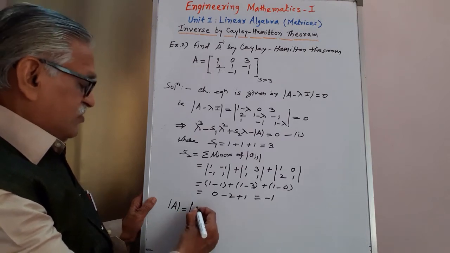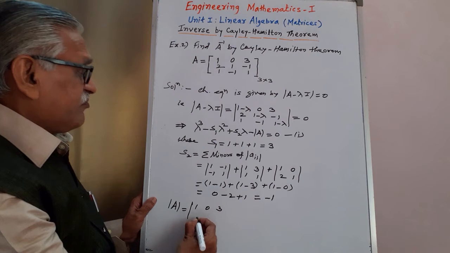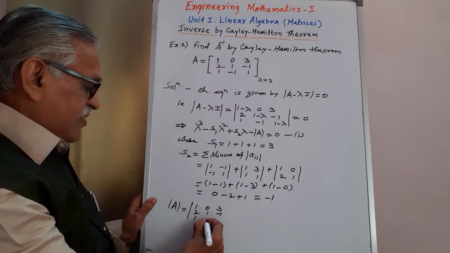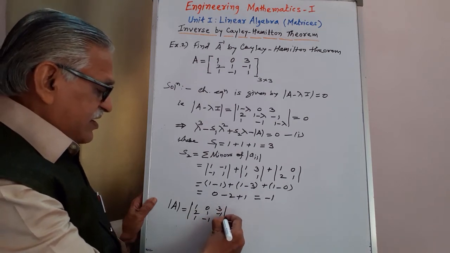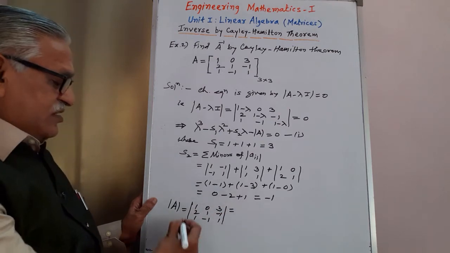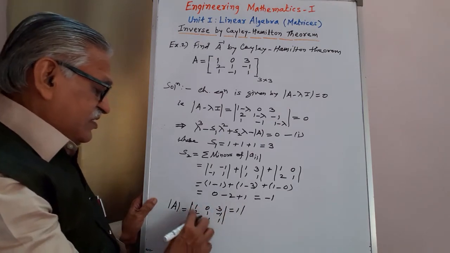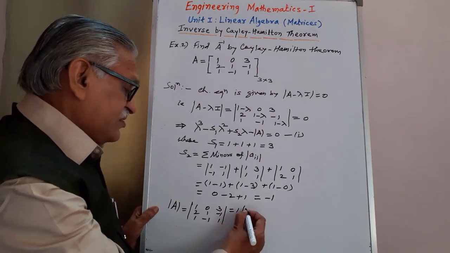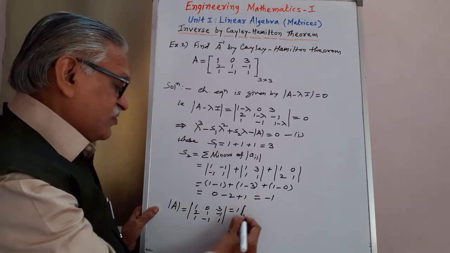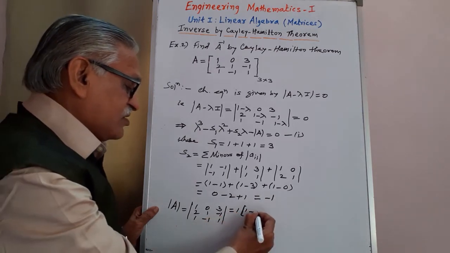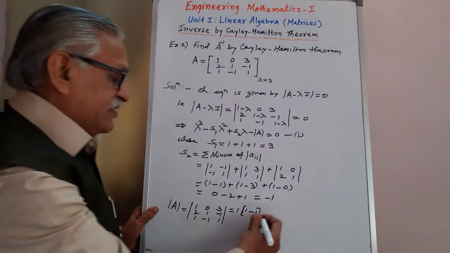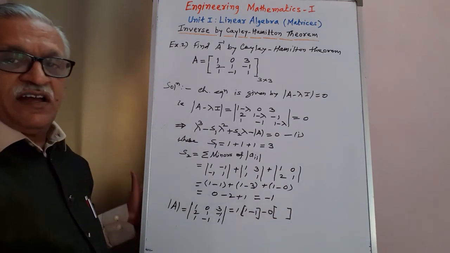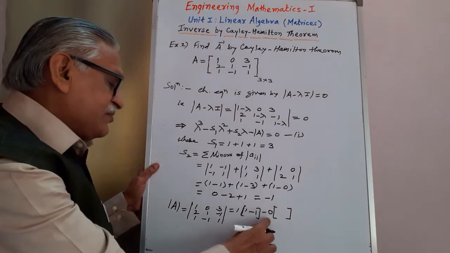It is the determinant of 1, 0, 3, 2, 1, minus 1, 1, minus 1 and 1. And then evaluating as usual, 1 into, neglecting this row and the column, the determinant of the remaining 4 elements. Therefore, it is 1 into 1 into 1, minus this product 1. Then the second element is 0. 0 into anything is 0. Therefore, I am not writing that element here, as that product becomes 0.